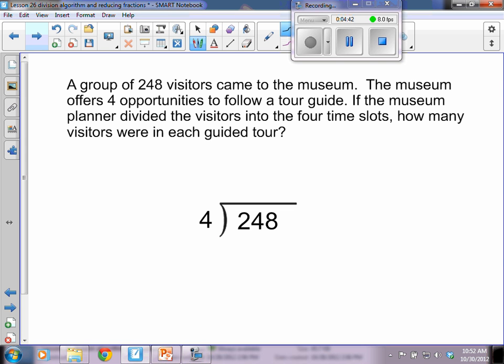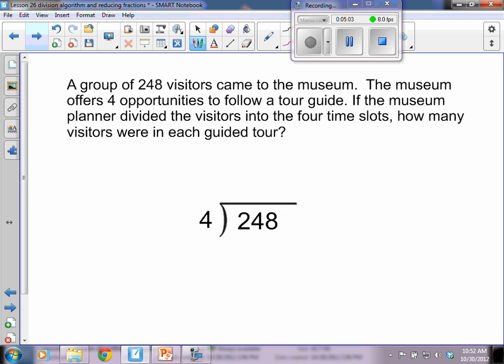So we have 248 visitors and we have 4 groups that we can form, and we want to know how many people are going to be in each group so that everyone can have a tour guide. And so once again, we're going to start with step number 1. Step number 1 says that we need to do 4 into 2. 4 goes into 2